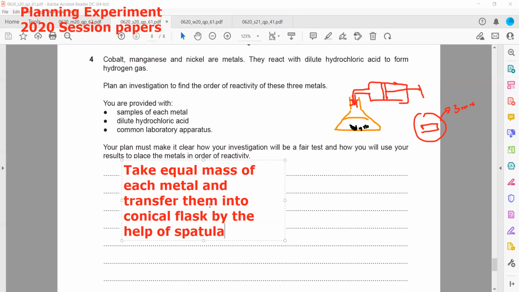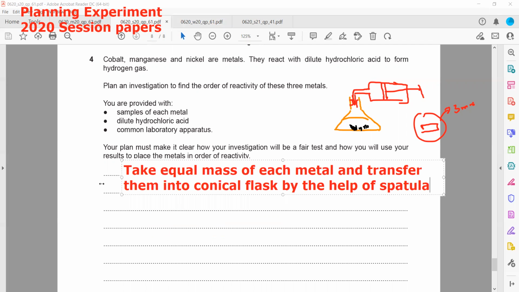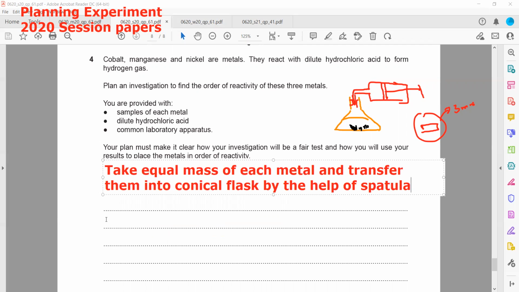A spatula or spoon is there whenever we want to add a solid. For example, adding a salt to water, adding any reagent which is solid, we normally use a spatula. So we'll take equal mass of each metal and we transfer them into a conical flask by the help of a spatula. Then we will add equal volume and concentration of